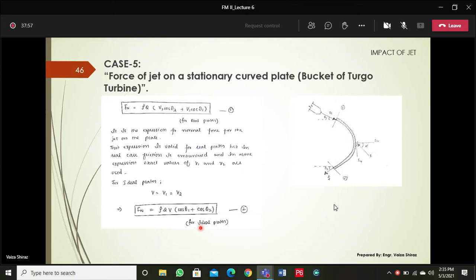Now before I proceed further, I hope कि थोड़ा सा ये डिस्कस किया हुआ आप लोगों ने. If you compare Pelton wheel and turbo turbine, the disadvantage of the turbo turbine is that in this case you will have the chances of axial thrust on different components of the machine and particularly on the shaft of the machine. Okay, what is axial thrust? And it is not so much when you are dealing with the Pelton wheel.